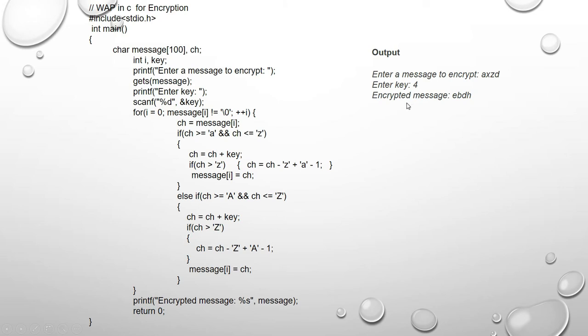Then whatever the encrypted data is, that should be passed to the same array. But previously, whatever program we did, it was not passing to the same predefined array, because we were only accepting, encrypting and directly printing the value. We were not passing to the array. So here we are resending it.